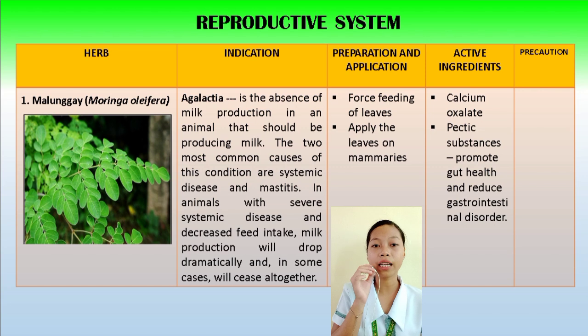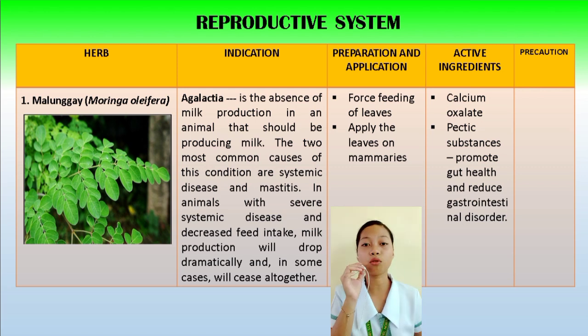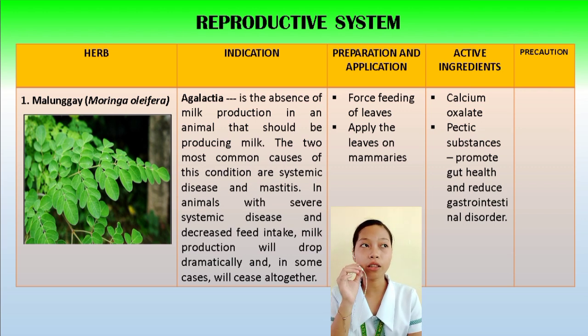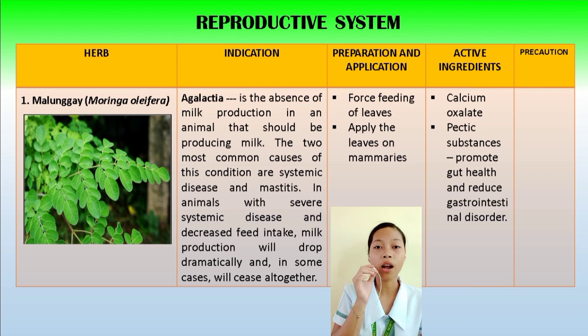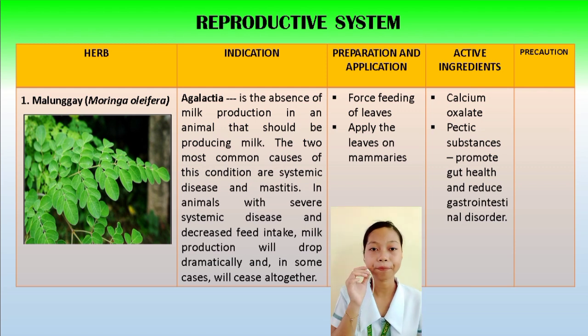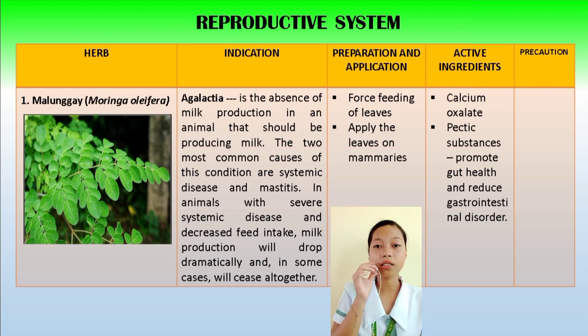So ang kaning calcium oxalate or calcium and oxalate, nagbind din sila together in the intestine aron sabay sila mo live sa body through a stool so that the oxalate or the accumulated mineral compounds would not form eventually into stones or kidney stones. That's why one of the purposes of calcium in the body is to bind the oxalate palabas sa body. Otherwise, maabsorb na siya sa bloodstream or will end up in the urine, forming into solid masses or what we call the kidney stone. And pectic substances that promote gut health and reduce gastrointestinal disorder.